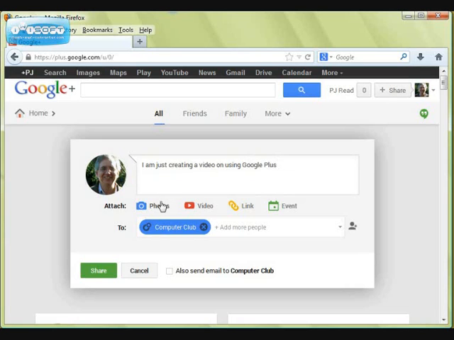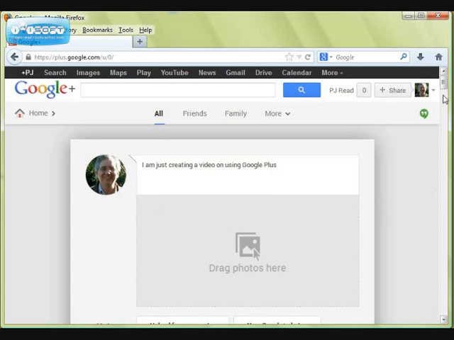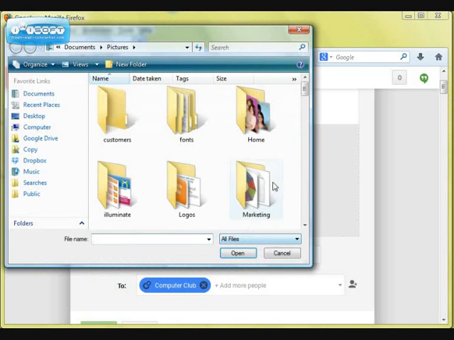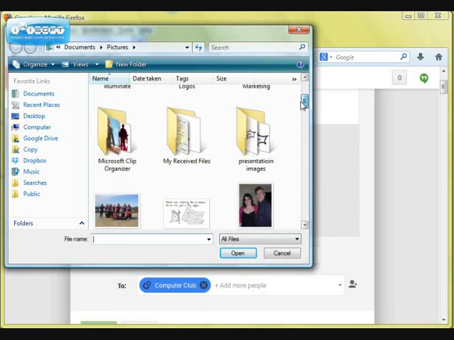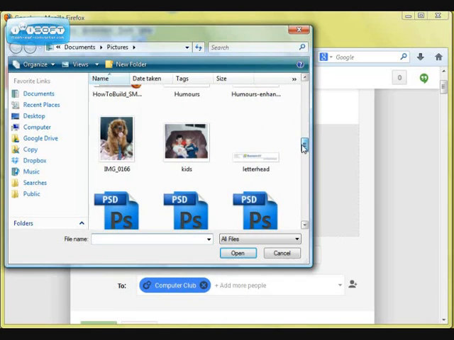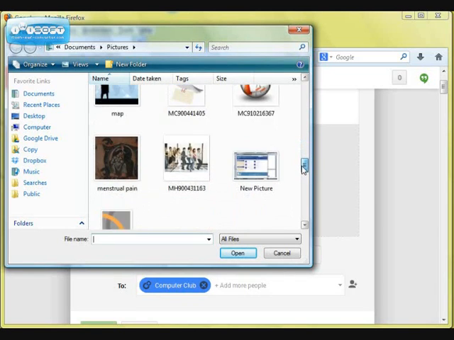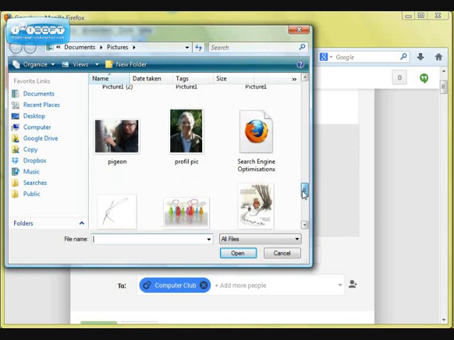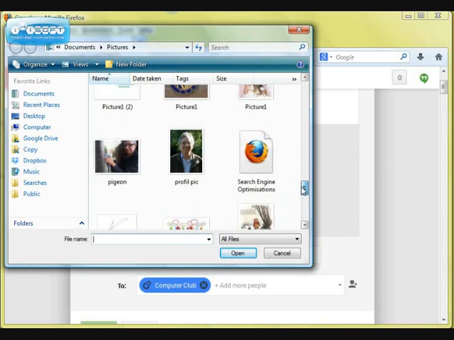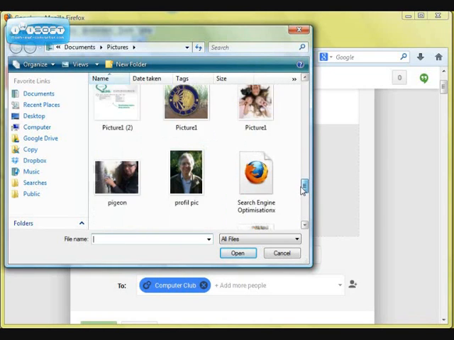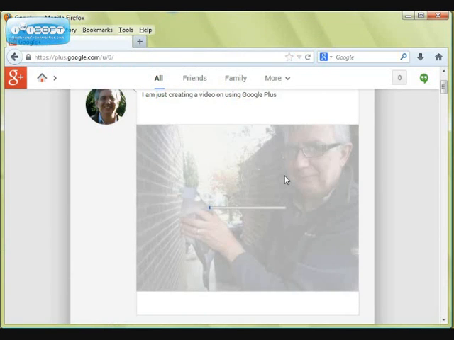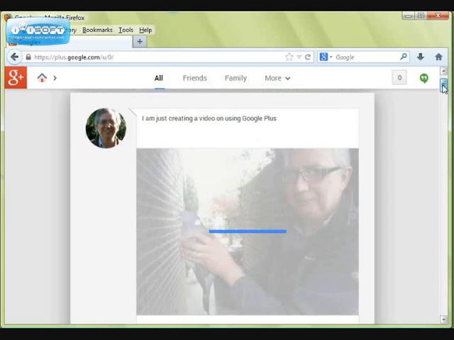Okay, now I could attach a photo if that was something that I wanted to do. So I could click onto here, and then I could say upload from computer, and I could go and see if I can find a suitable photo that I wanted to share with you. There must be one here somewhere. I'll tell you what, we'll share the one of me stood with a pigeon. So there we are. So I've created that image is there,